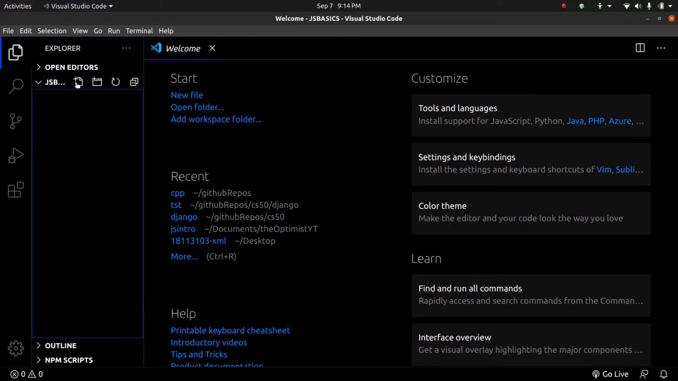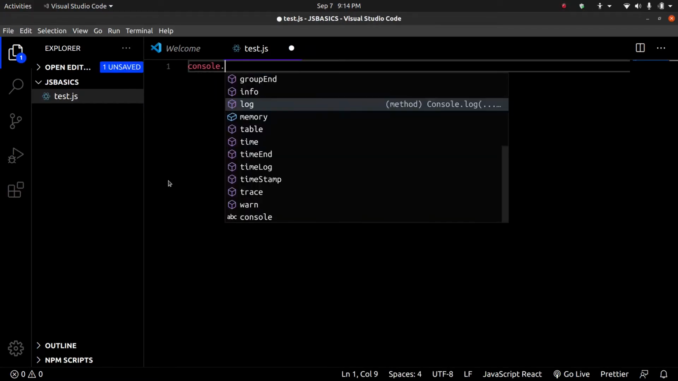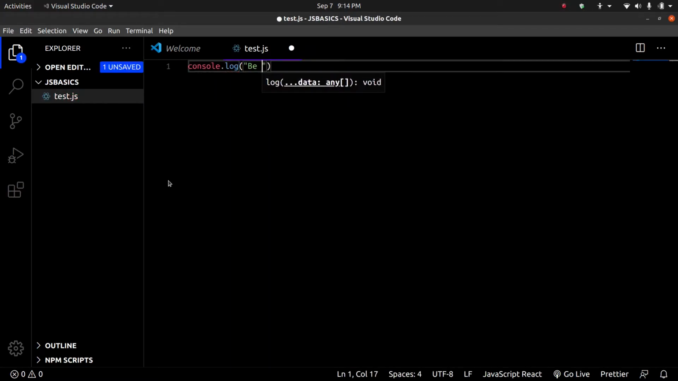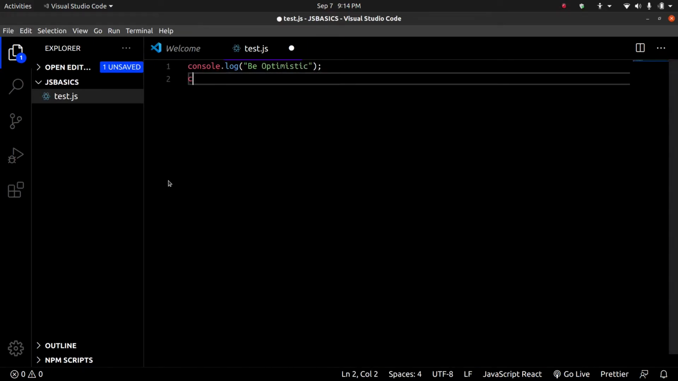Alright, I'm in Visual Studio Code. I'm creating a new file test.js, console.log, be optimistic, console.log,